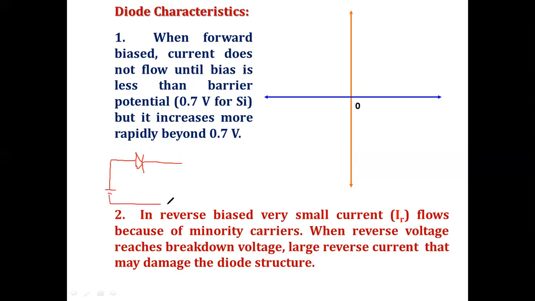So I will connect the load here now. This is the diode D, this is the current I, and this is the variable voltage I will use. This is the DC voltage I will give here. When I give the supply here, positive is connected to the P and negative is connected to the N layer through the load resistance. So through our load resistance RL we are going to use.